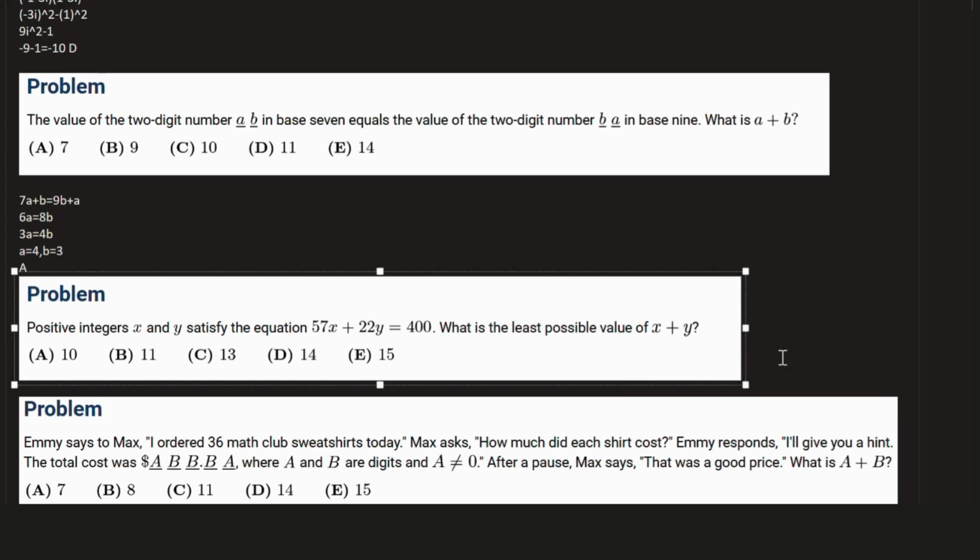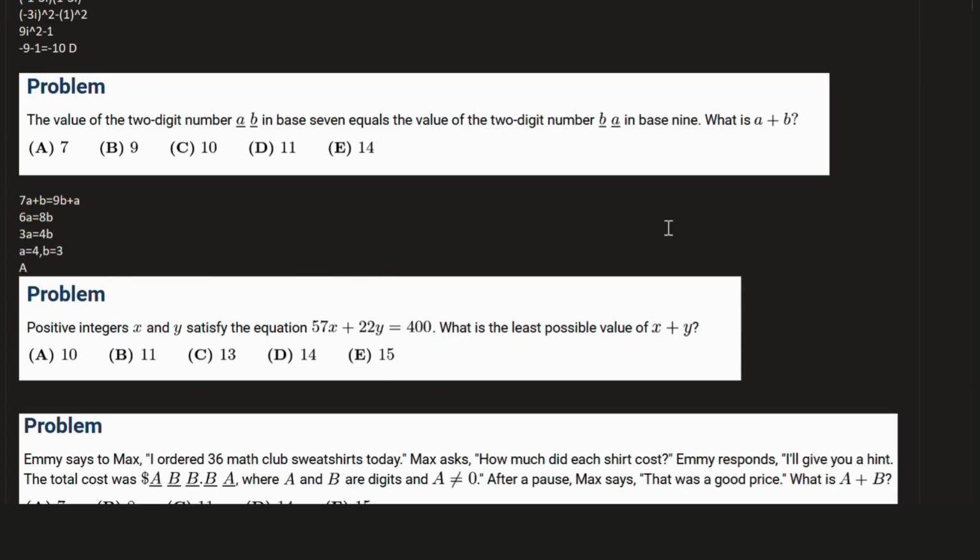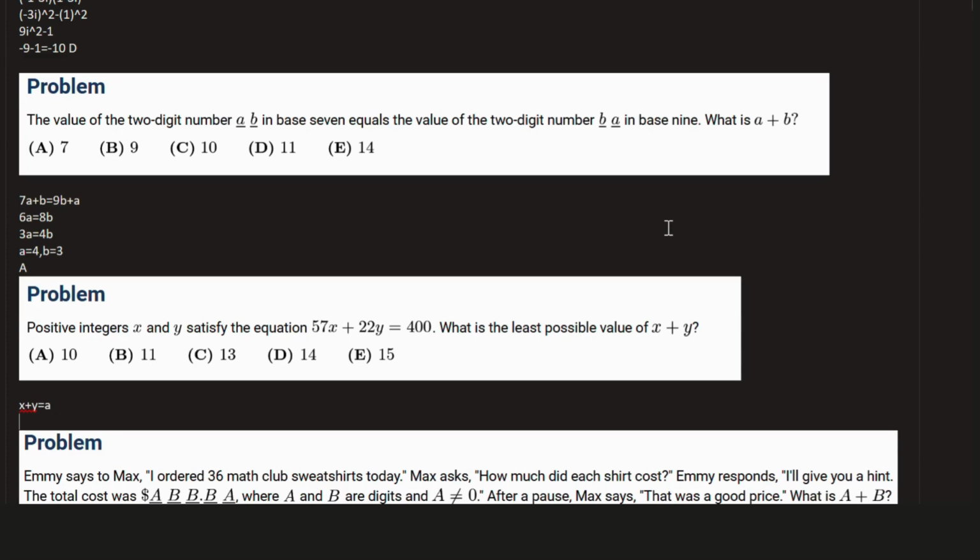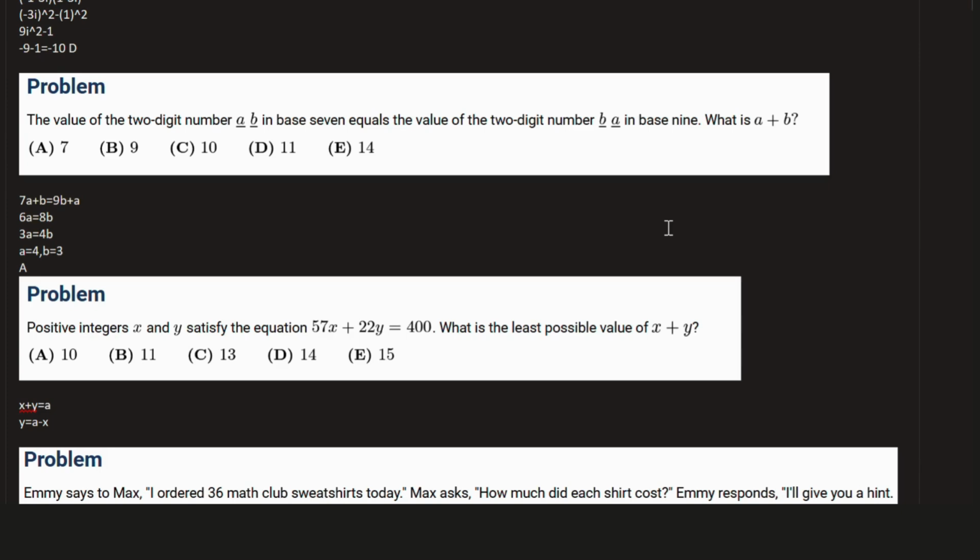Moving on to the next one, what we can do here is that we can let the least possible value of x plus y be a. We have x plus y equals a. Since we have x plus y equals a, we can set y equals a minus x. Plugging that into the original equation, we have